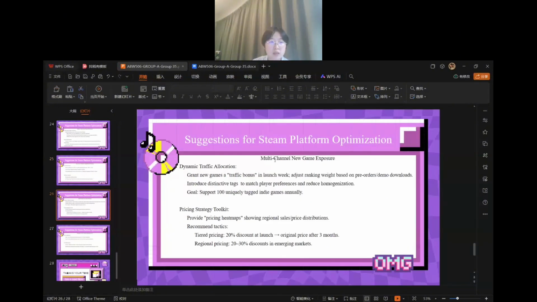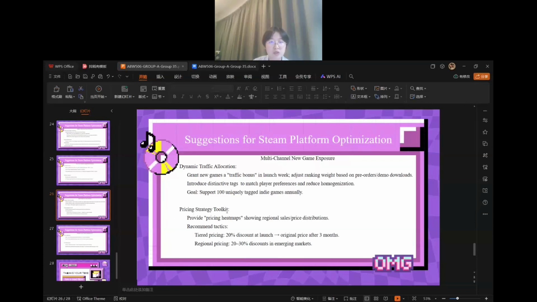Okay, and this one is multiple channel new game exposure. Dynamic traffic allocation: grant new games a traffic boost in launch week. Adjust ranking rate based on pre-orders and demo downloads, or introduce distinctive tags to match player preferences and reduce homogenization. We hope this achieves support for 100 uniquely tagged indie games in Unity.